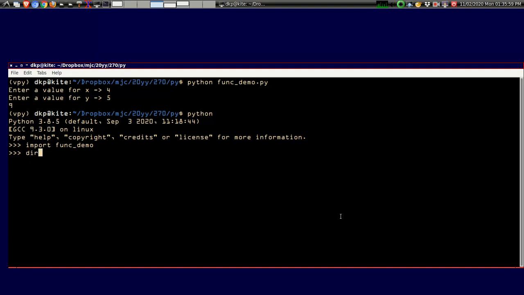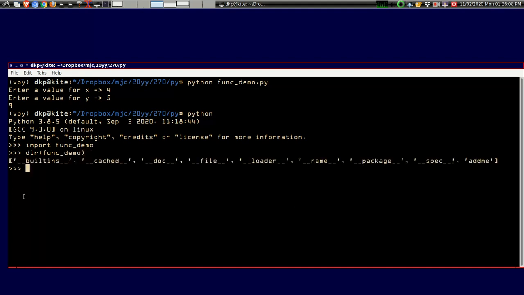So I need to do a dir on my code here and hit enter, and all these things I have not filled out in the documentation set, but notice we have this little thing back here, add me. Okay, so now I can say, let's see how to use add me,